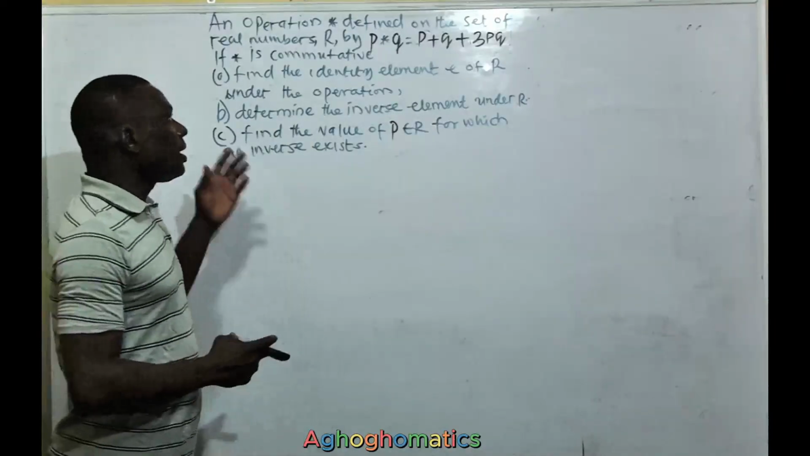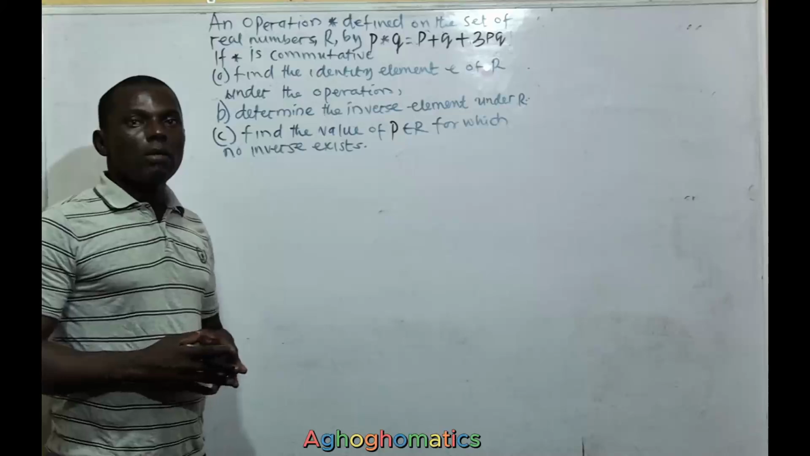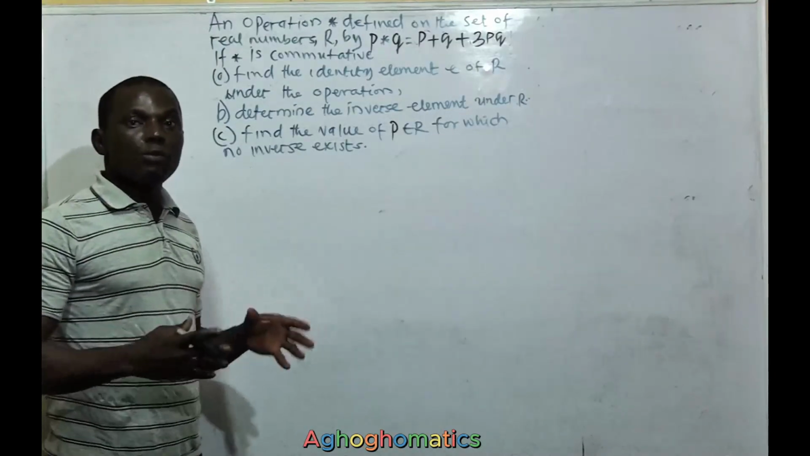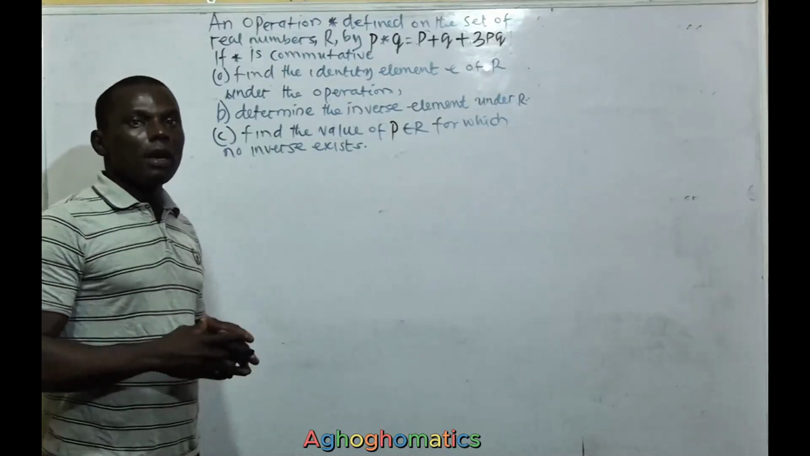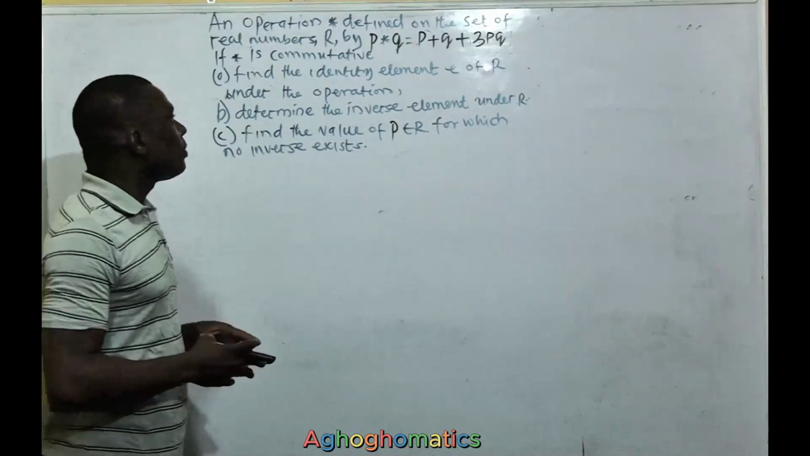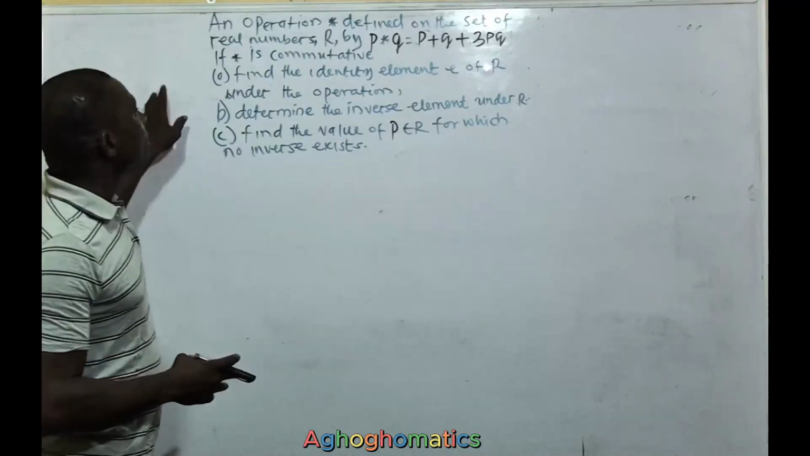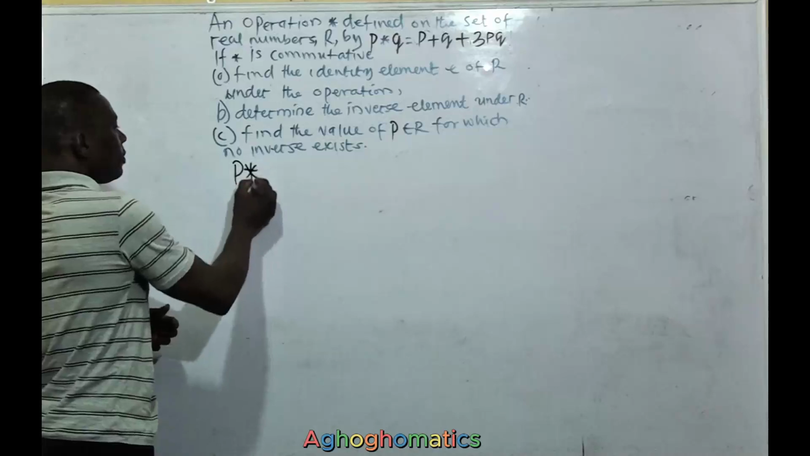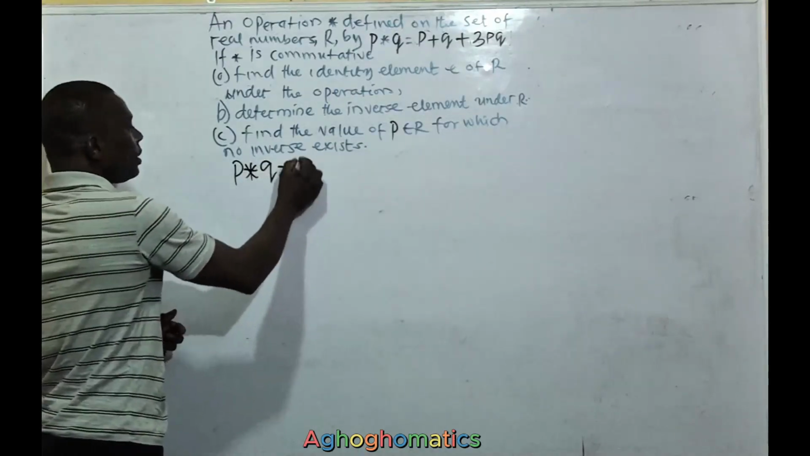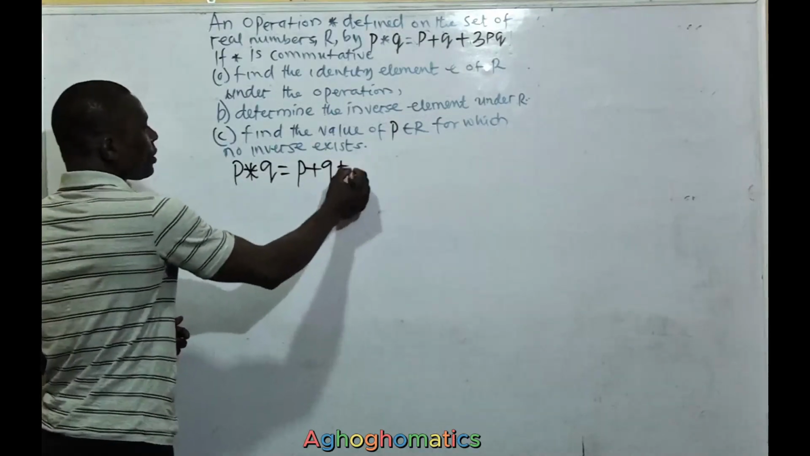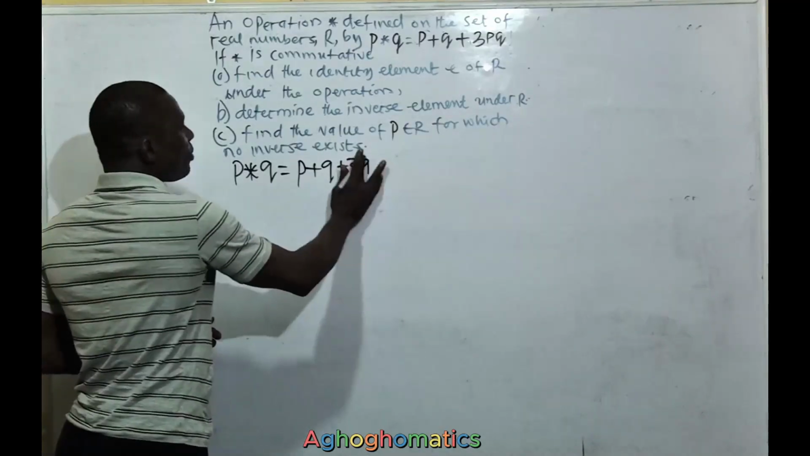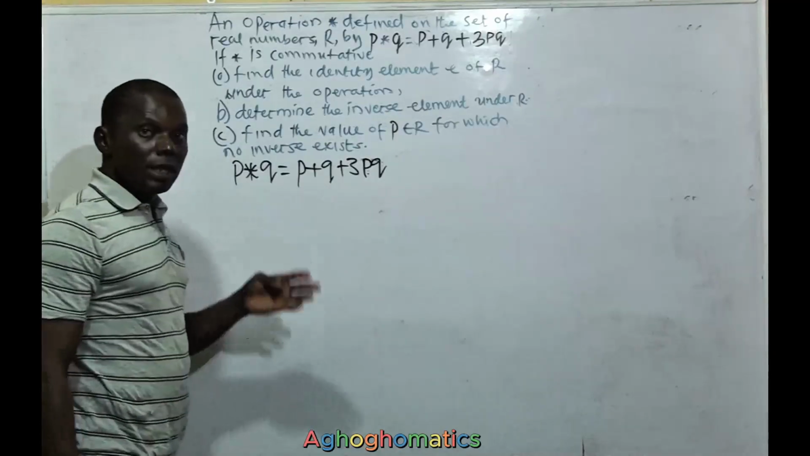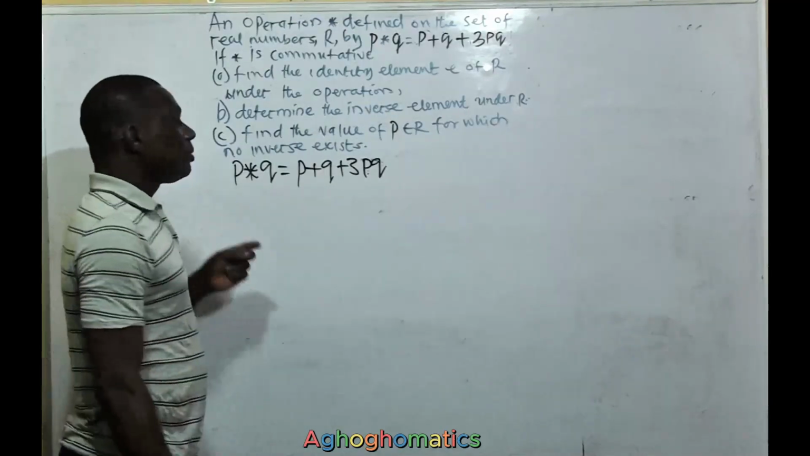We'll be looking at binary operations, how to obtain the identity elements in a given binary operation, as well as the inverse elements. So from here, the operation is defined by P asterisk Q is P plus Q plus 3 times their products. And for us to obtain the identity element, we